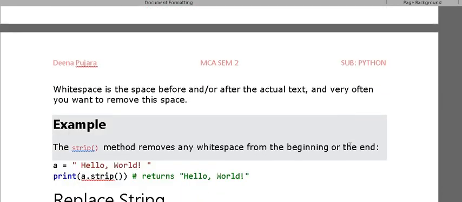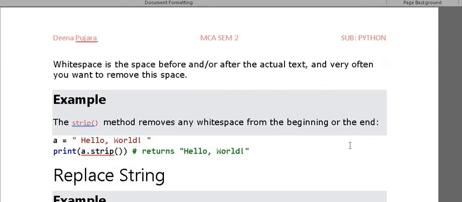Next, how to remove white spaces, meaning the space before and after the text. If we want to remove the space given before or after the string, then the strip method removes any white space from the beginning or the end.